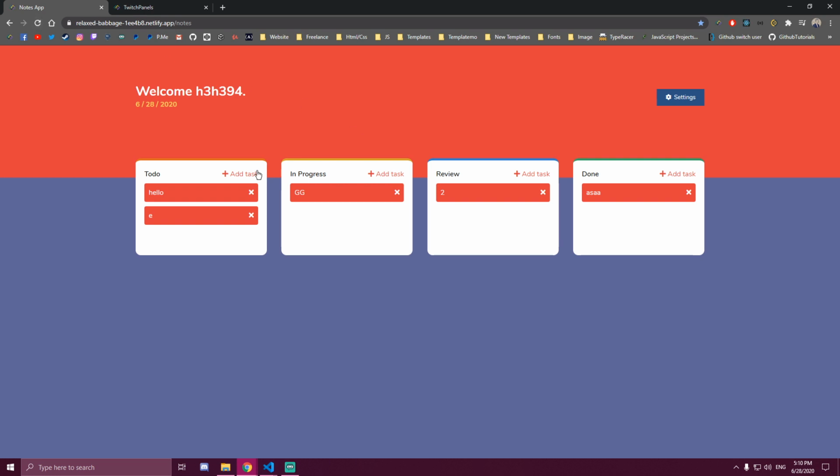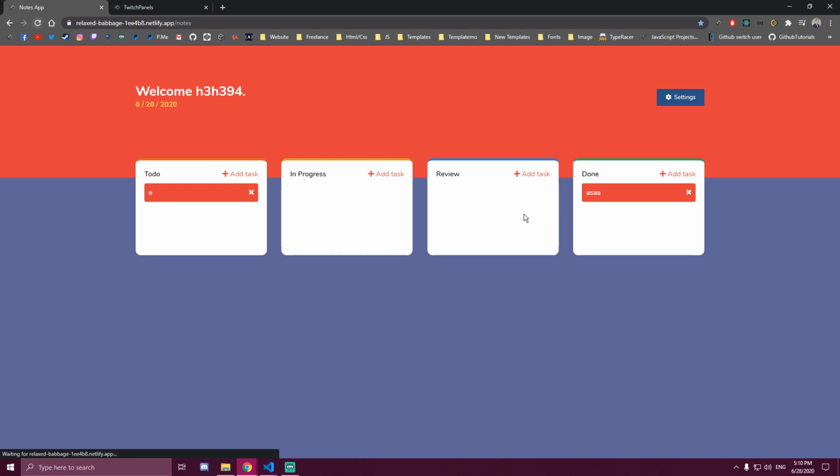Then if I reload the page, that gets stored. We can remove this, remove that, and that. So that works perfectly. And then if we go to Google,